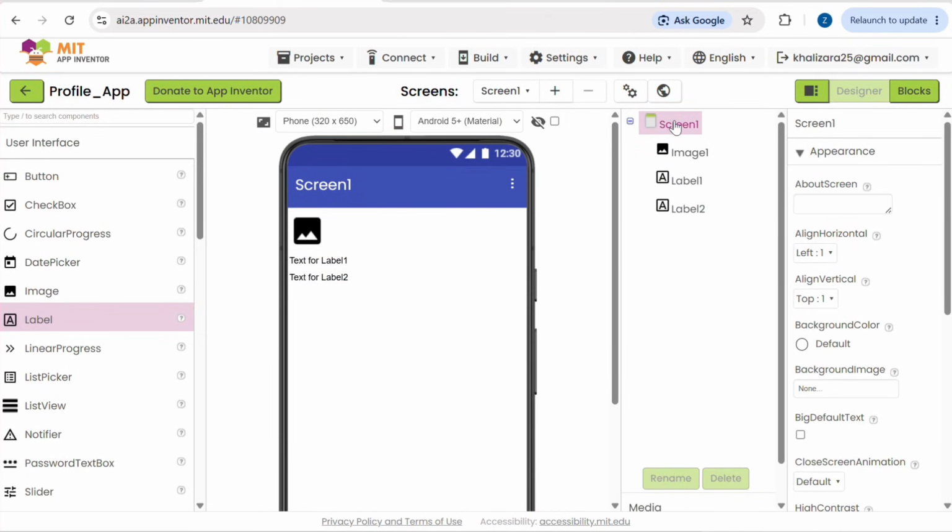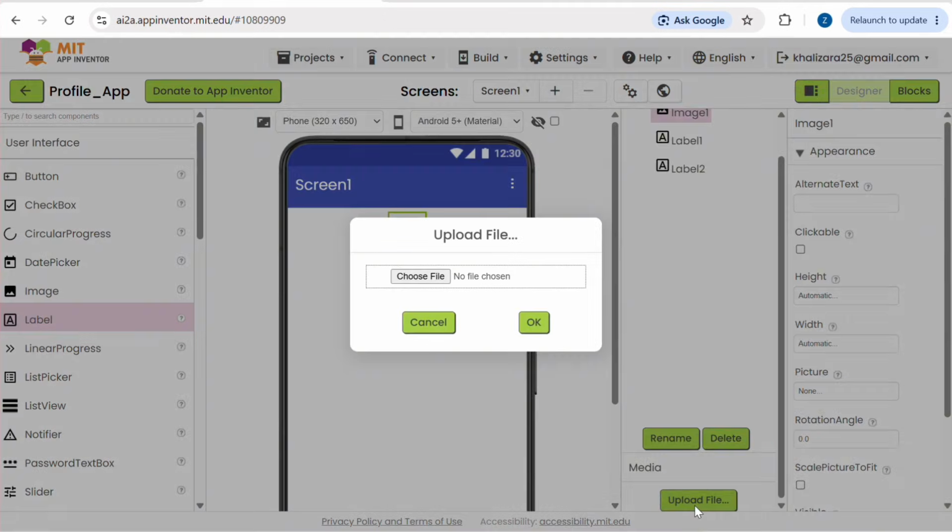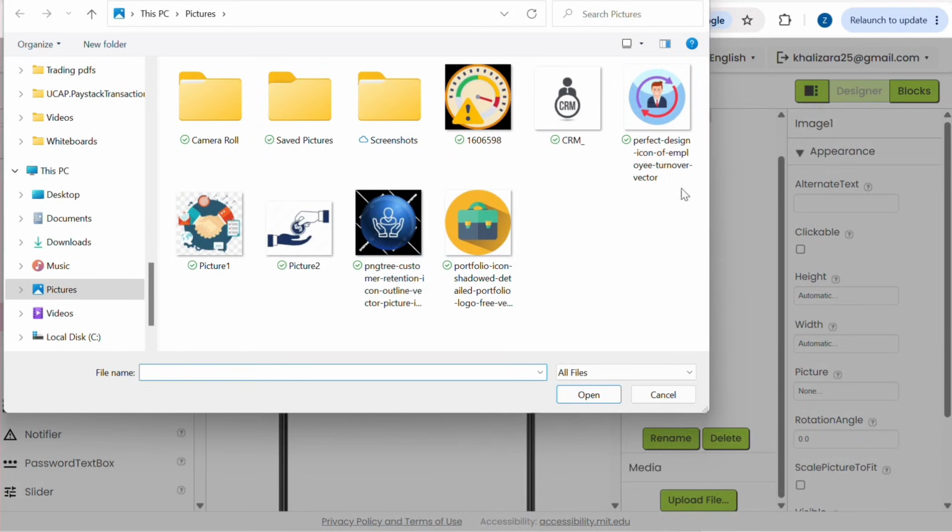Now the first thing I want to do is set my screen. I want to align the horizontal to the center, so my text will be pushed to the center. Also, for my image, I want to upload an image here. I'm just going to click upload image and choose the file. It's going to take me to my system file manager. Alright, so I just want to use this image. Feel free to choose any image of your choice,